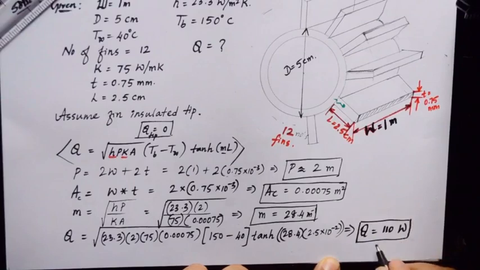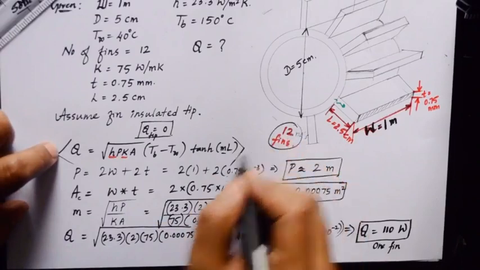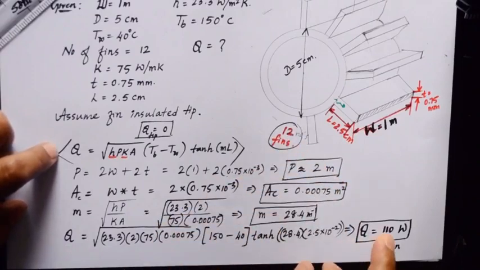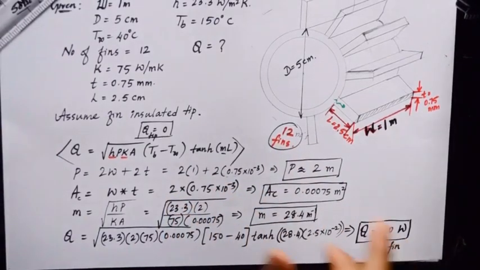This is the amount of heat transferred by one fin, because the formula what we have was derived for only one fin, but the total number of fins that we have here is 12 fins. So if one fin is able to transfer 110 watts, then 12 fins should be able to transfer 12 into 110 watts. That we'll calculate now. Therefore we'll write it as Q fin by 12 fins will be given by